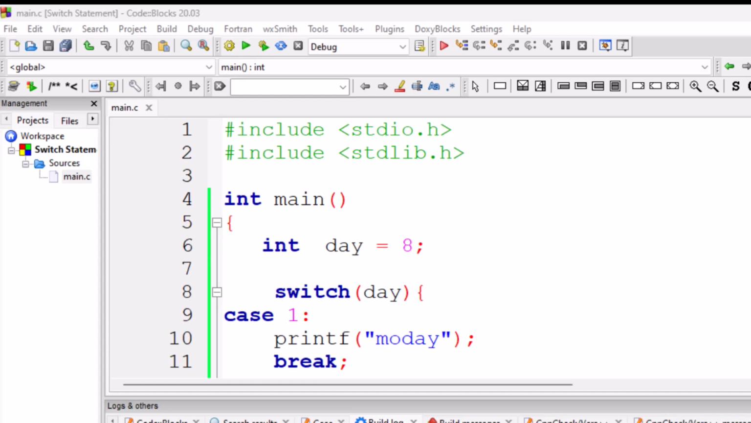Okay, so let's see how the default works. The default keyword specifies some code to run if there is no case match. So if the match that we wanted is not there, that's when we use the default keyword to print something, to let the system know that it is not there. So again, we will come back here in our code,